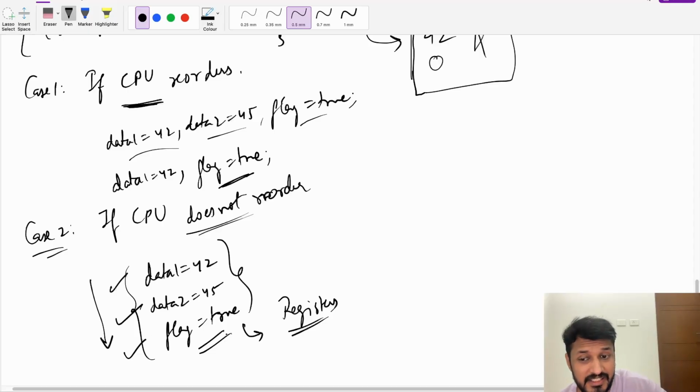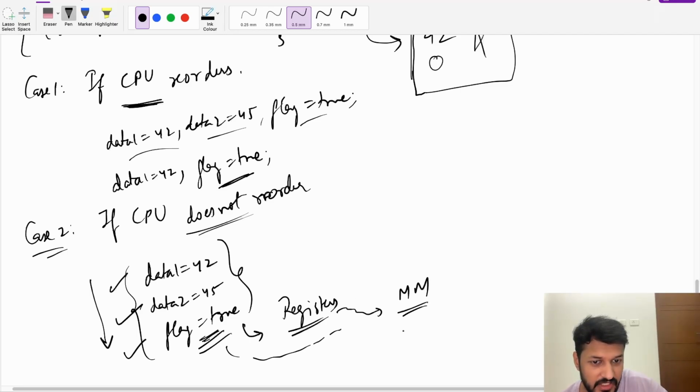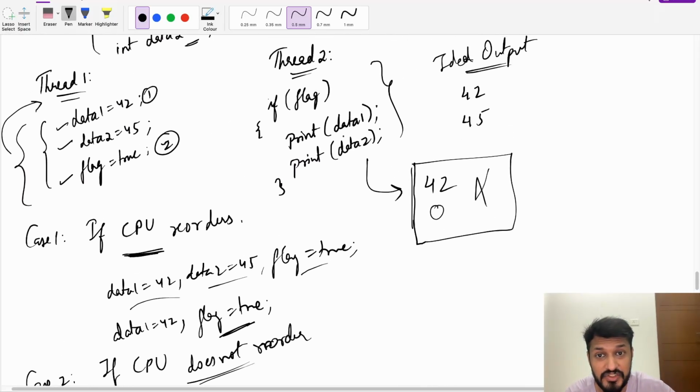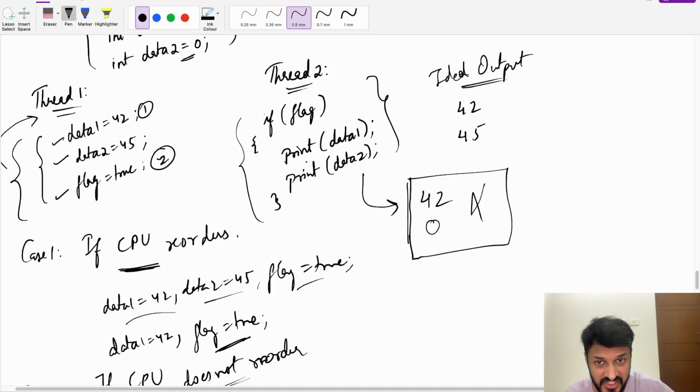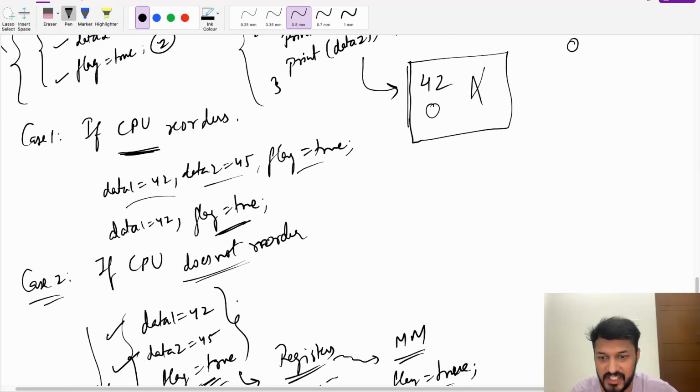But it might be the case that flag equals true is flushed first in the main memory. From registers to main memory, the value of flag is flushed, but data 1 and data 2 are still kept in the register for some time. In between that, thread 2 starts executing its instructions. At that particular time, the value of flag read from main memory is true, and it will print data 1 equals 0 and data 2 equals 0, because the values of data 1 and data 2 are still in